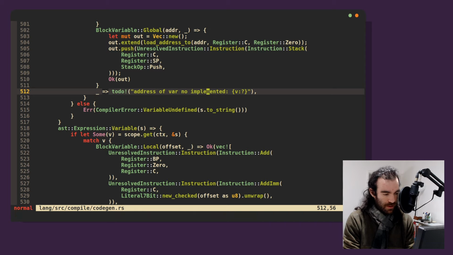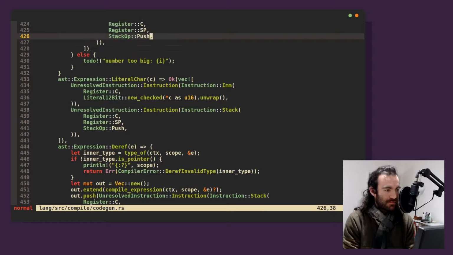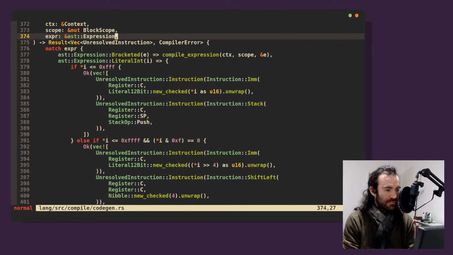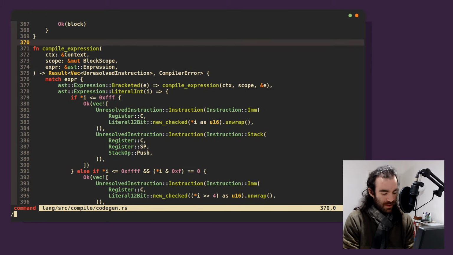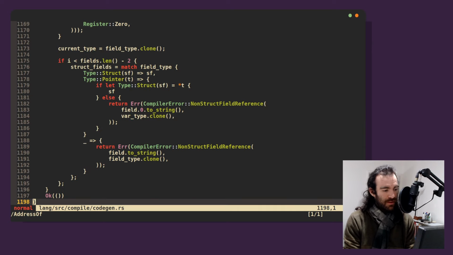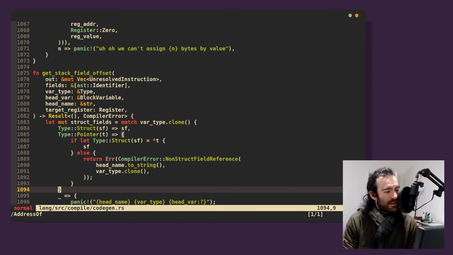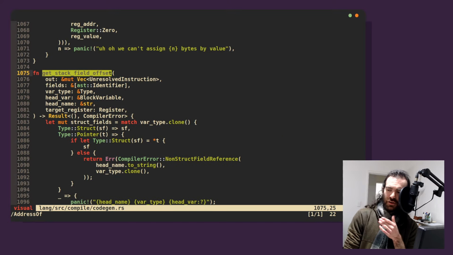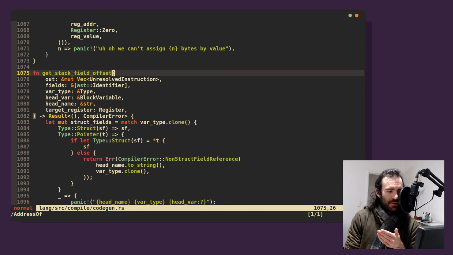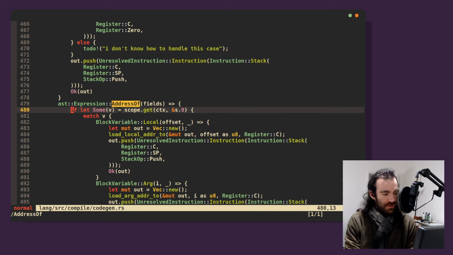Variable, we're gonna grab, yeah, it's called this. It's this big old block here. No, it isn't. Address of this big block here. We're gonna put a marker there. Okay, now I'm gonna quickly look at this. Get field offset. This puts the offset of a field, of a list of fields, into a register. So I think actually what we want to do here